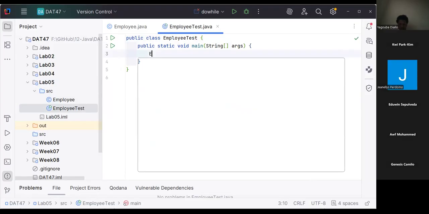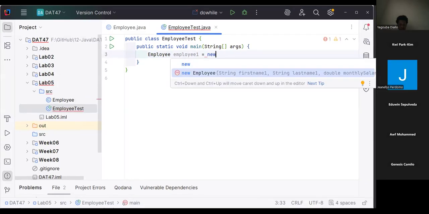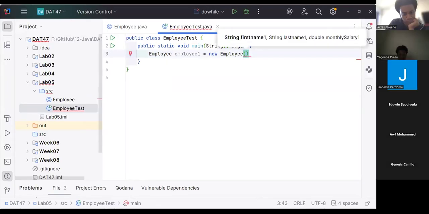Suppose we have an employee1. We say that a class can be a data type, so we can use Employee directly. An employee1, we can new an object, new Employee here. So we say the first,